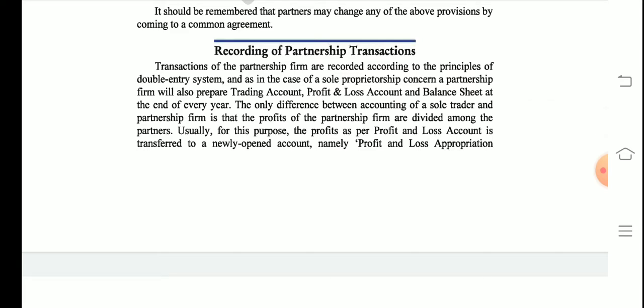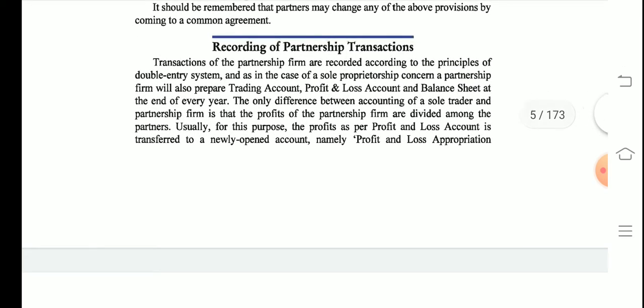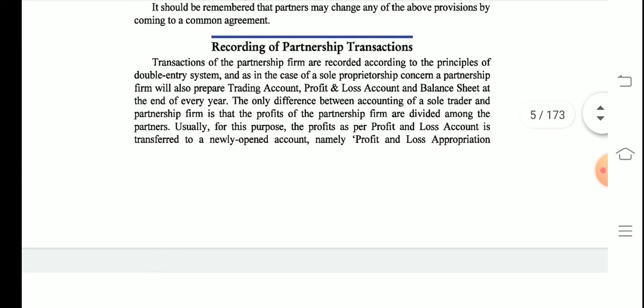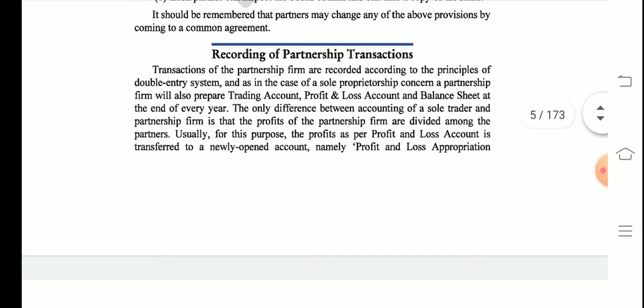Students, like sole proprietorship, partnership accounts also prepare the trading account, profit and loss account, and the balance sheet. I hope you all remember that whenever the profit was calculated, the net profit or the net loss was calculated in a profit and loss account. The net profit used to be written on the liability side of the balance sheet, right? So see, in sole proprietorship, the owner of the profit or the bearer of the loss is a single person, so the whole profit or the whole loss goes to that particular person.